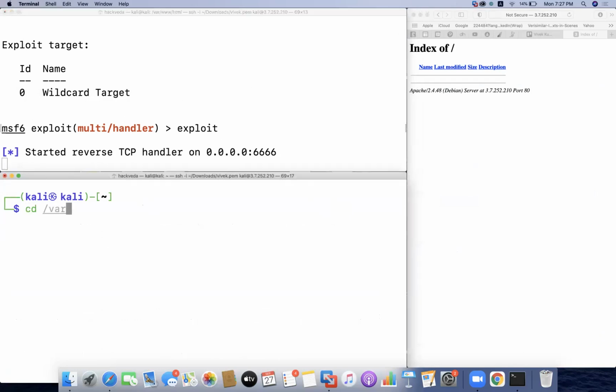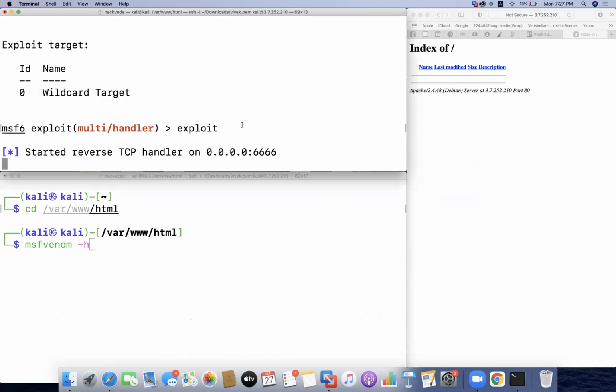Now I'm going to make a payload. Okay. And this payload is going to be the virus program. So how am I going to do it? There is a program known as MSF Venom. With this MSF Venom program, we can create the payloads directly. Okay. So above, I have made a listener for the payload, but in the below window, I'm creating a payload which a user can download and execute on his machine, and his machine will be exploited.